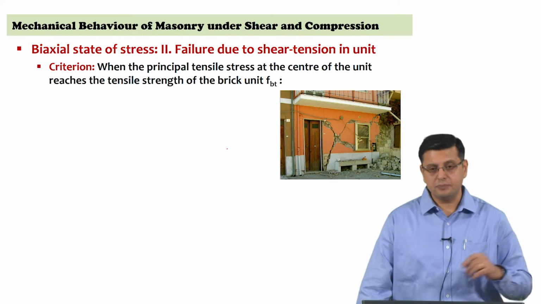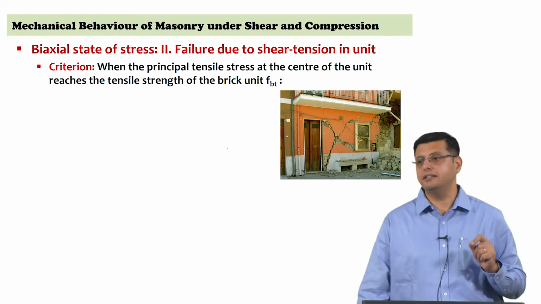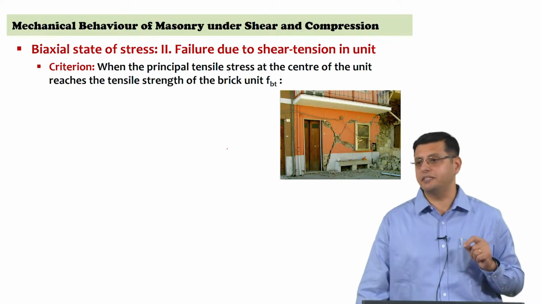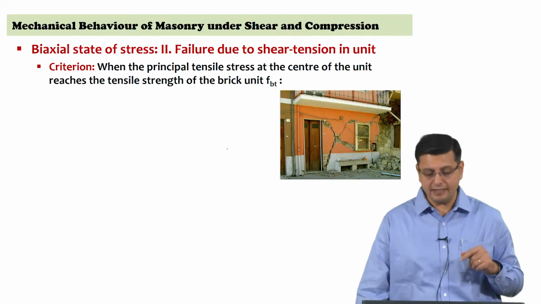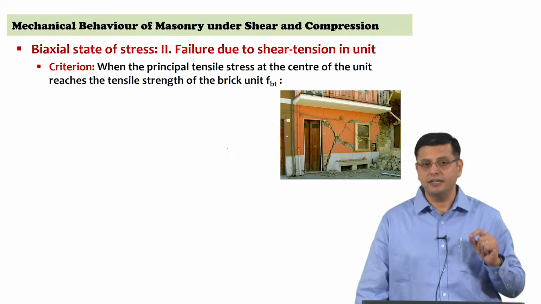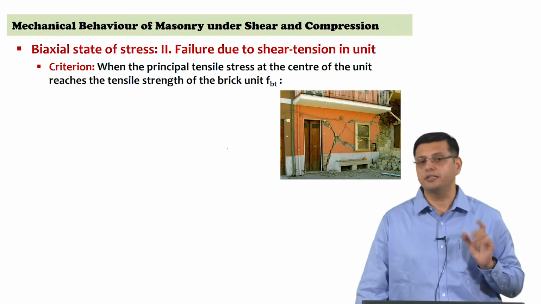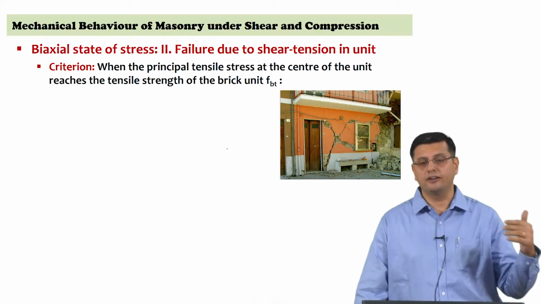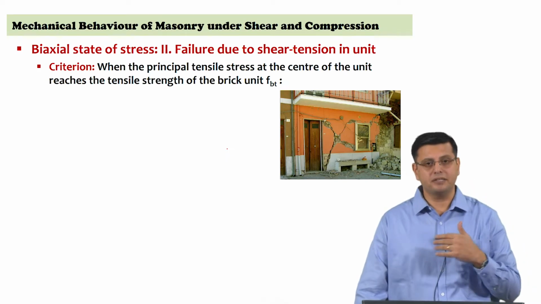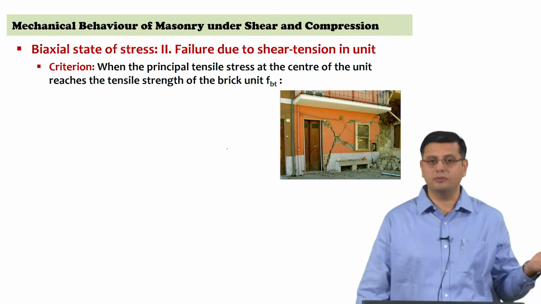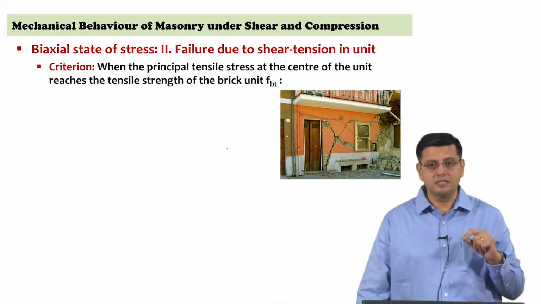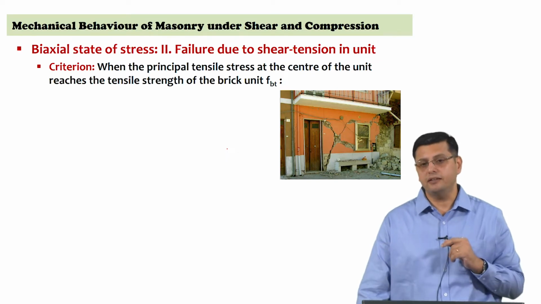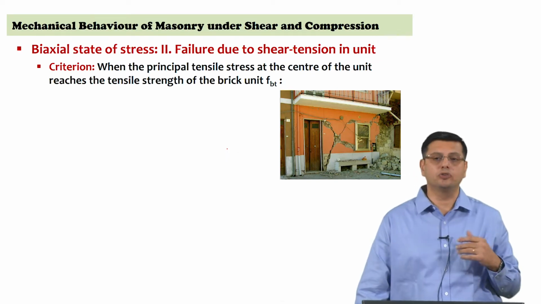So, in this particular case, failure is said to have been reached when the principal tensile stress at the center of the unit reaches the strength of the brick unit in tension. So, the criterion says that if under a combination of axial compression and shear stress from the lateral force, the principal tension reaches the tensile strength of the unit, then you get the failure,